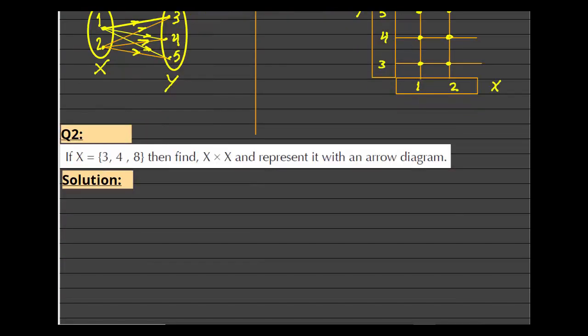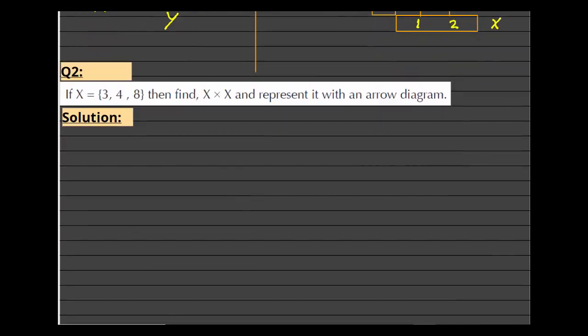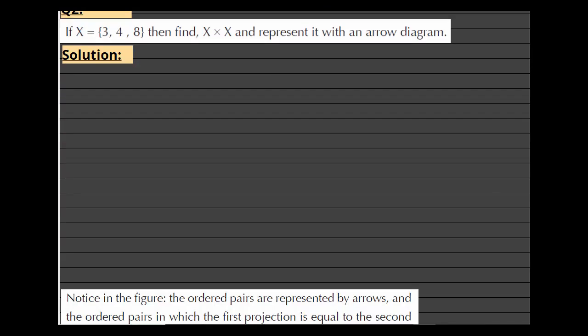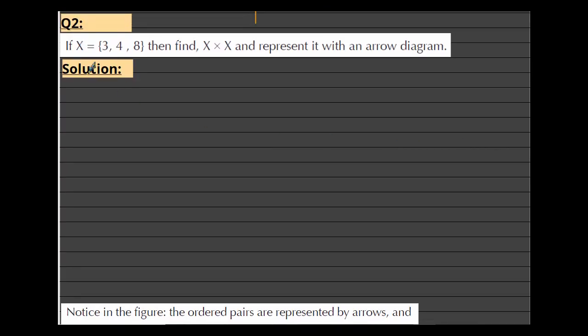Second question. Question 2. If x equals {3, 4, 5}, then find the Cartesian product x by x and represent it with an arrow diagram. So we write x multiply x, which equals